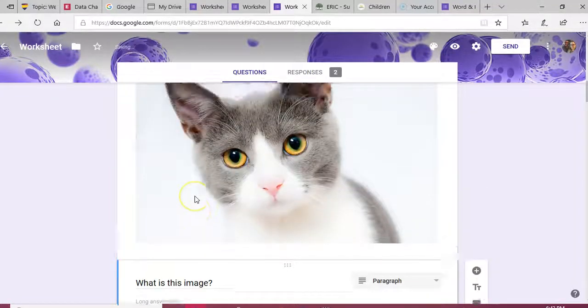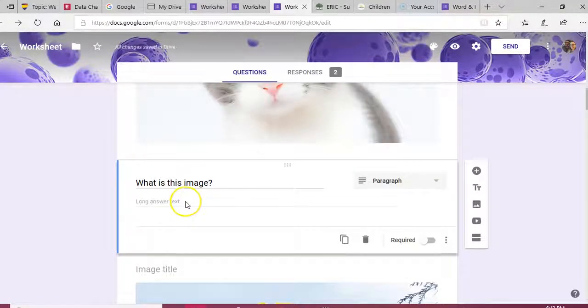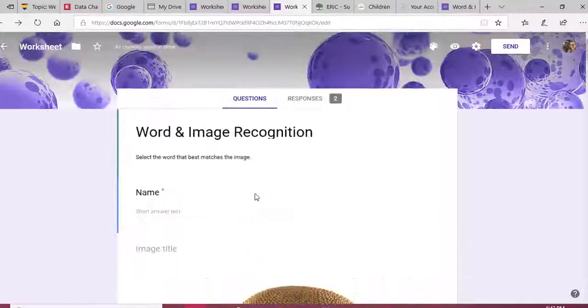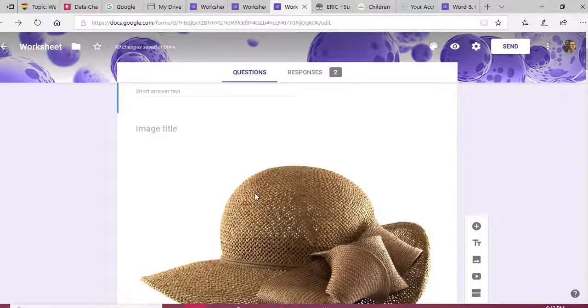If we want them to write us out something, like write a sentence like, this is a cat. So of course it's going to be for your older and more advanced children. So I hope this taught you something on the assessment for Google Forms and how to implement it into your child's learning,